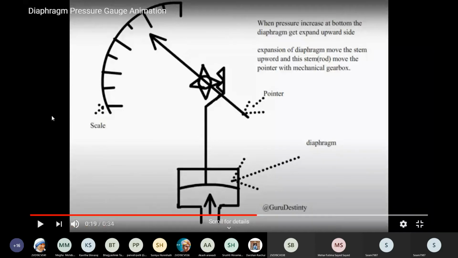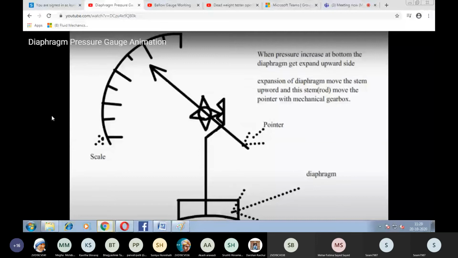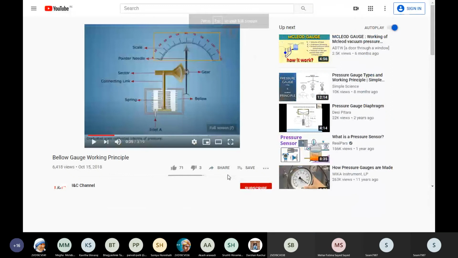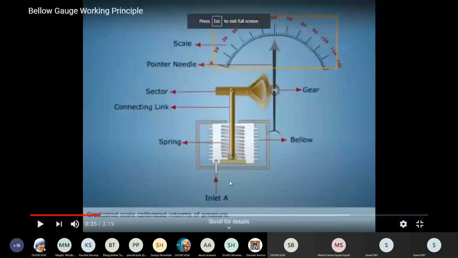So this was regarding the diaphragm pressure gauge, and let me tell about the bellows pressure gauge. So this is how the bellows pressure gauge is going to work.